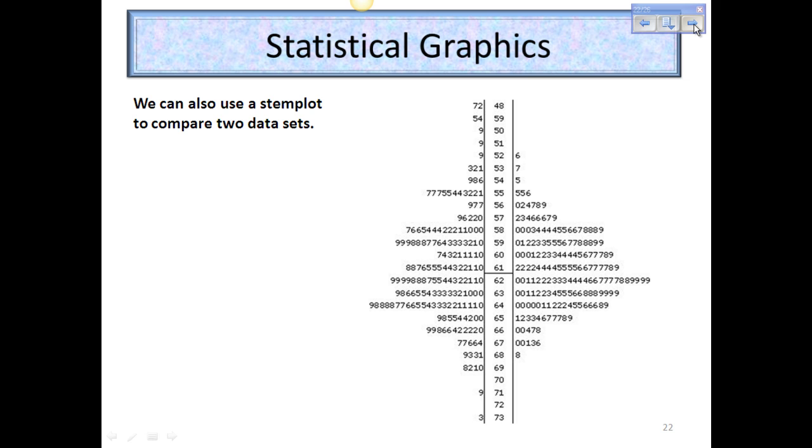And on the right hand side we have one data set. On the left hand side we have another data set. It is used to compare those two data sets, and again, if you turn those on their side, you can see, are they approximately normal? Do they have any outliers? Different examples like that. We can see